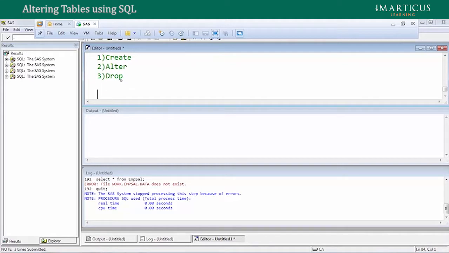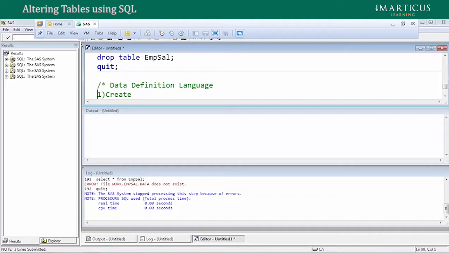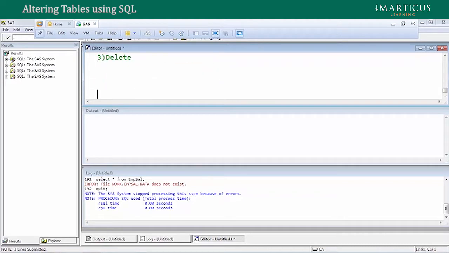Then we have seen another category which was data manipulation language. That covers queries like insert, update, and delete. So insert, update and delete. Data definition language queries are create, alter, drop, and data manipulation language queries are insert, update and delete. So we covered these two major categories of queries, and apart from this, in our previous session we have seen